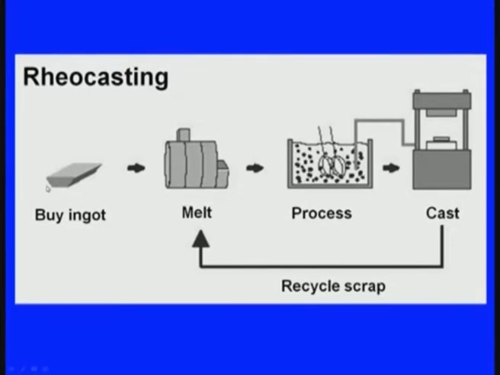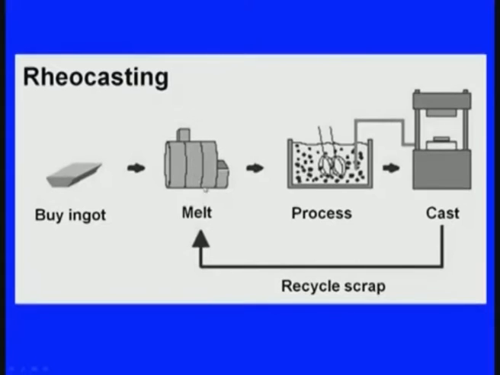First we have to buy the ingot. So, this ingot is not as expensive as the billet which we buy in the previous process. Now, this we put inside the furnace. You can see here, and in this we are stirring. Finally, it will be transferred to the cold chamber die casting machine. There external pressure will be applied between these two dies, and the slurry will be injected into the cavity which is available between the two dies.